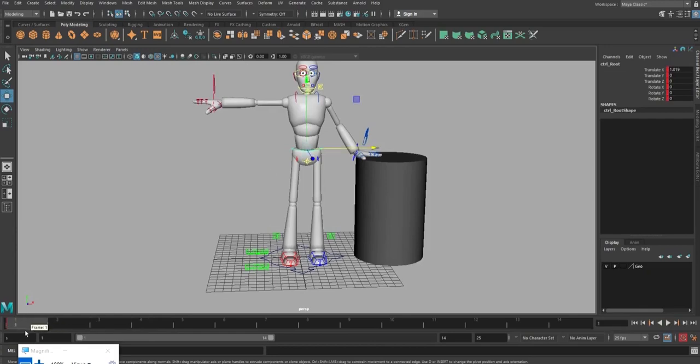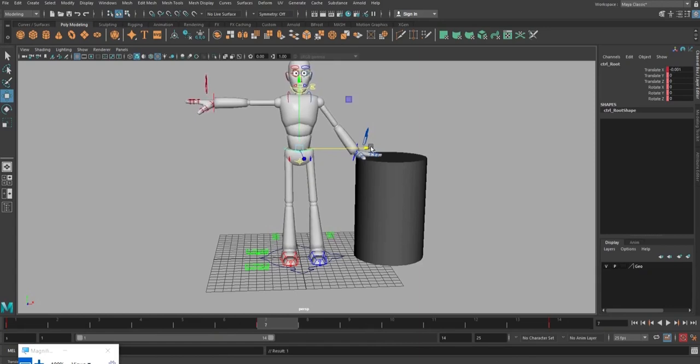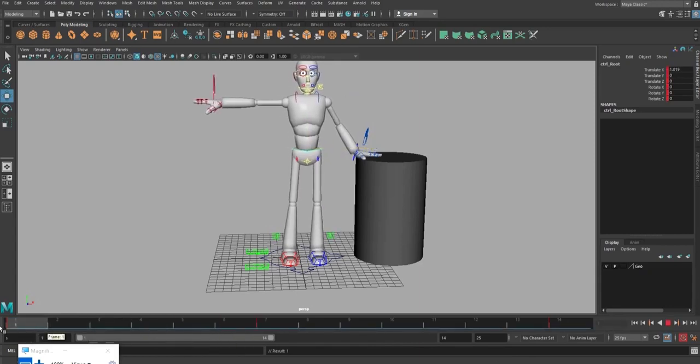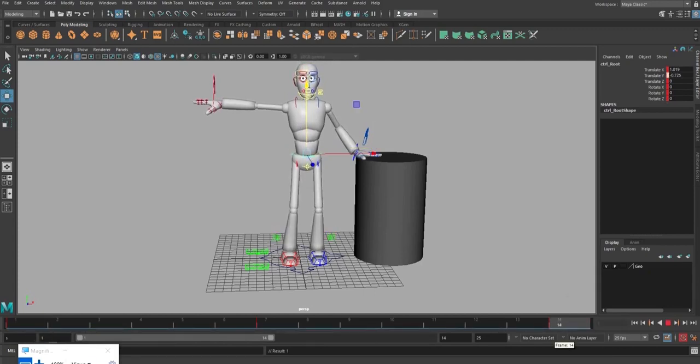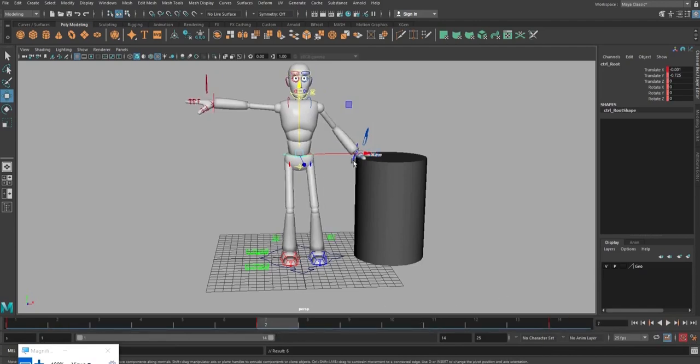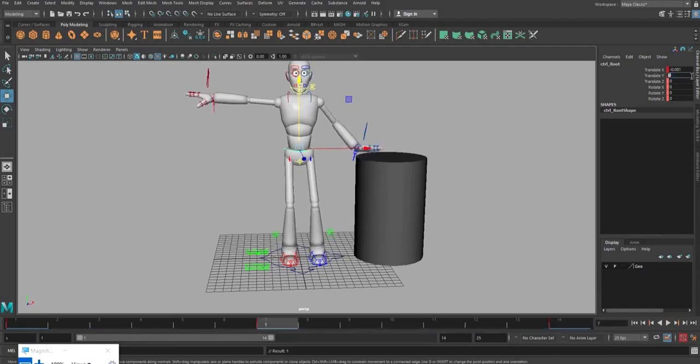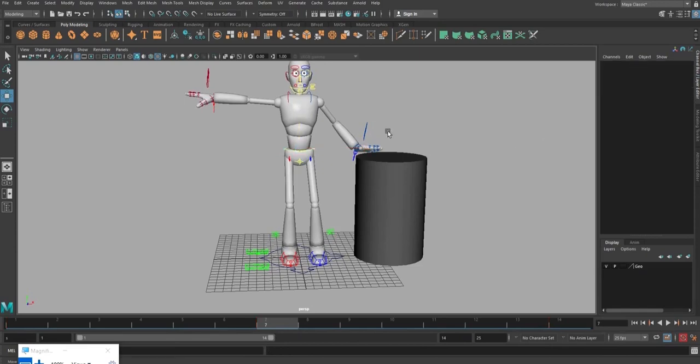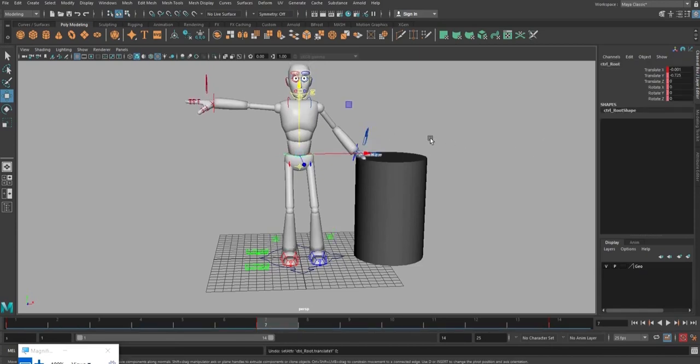So say for example, if I'm giving key to the hip, again I'm giving the same pose. Now I'm just moving to the normal pose. I'm just bringing it down. So this character is doing some exercise.